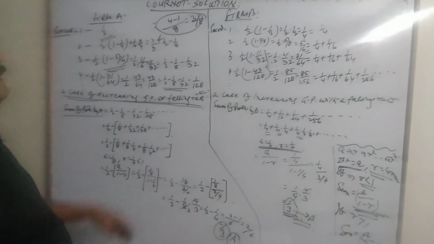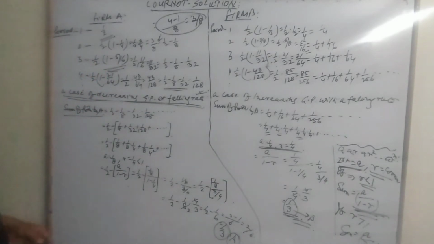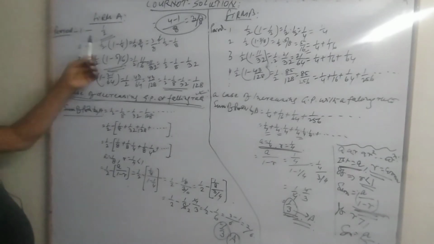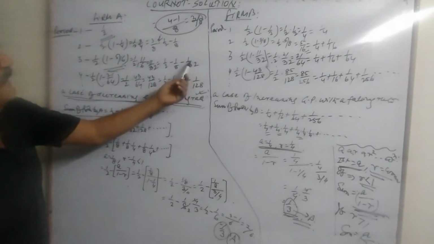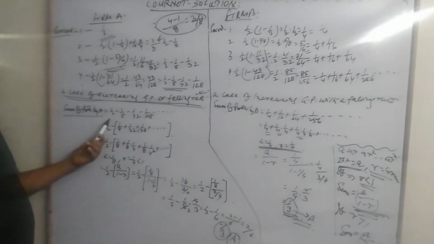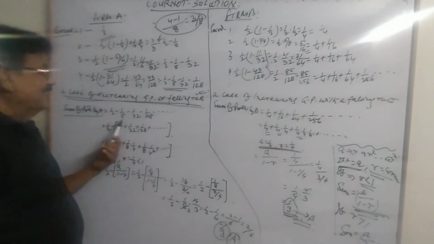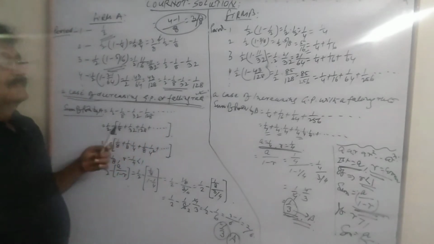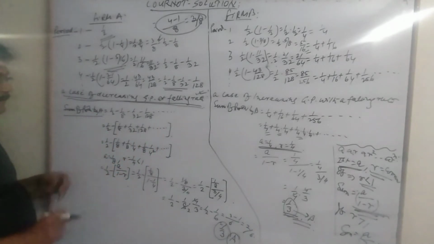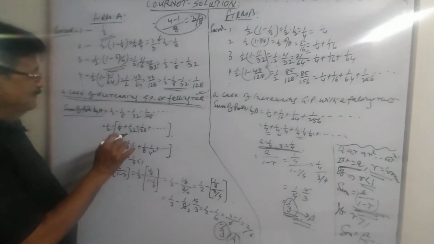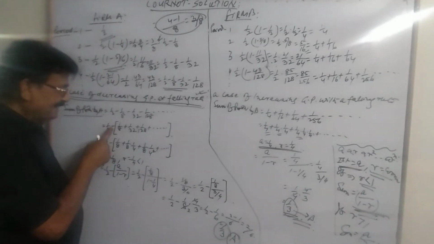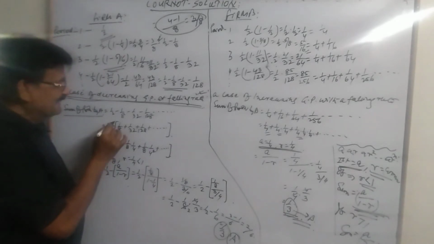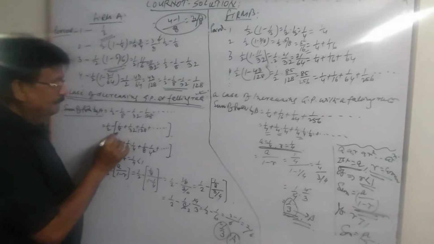Now how is the GP being picked out, or how is the GP being made? For each period, we shall take the reduction. So for the sum of production by A, it would be half minus 1 by 8 minus 1 by 32 minus 1 by 128. So this becomes a GP summation, and the summation of this GP would be the production of firm A. Now a little bit of mathematical work has been done. The first term has been taken outside, the minus sign has been taken outside, and inside a GP has been formed.